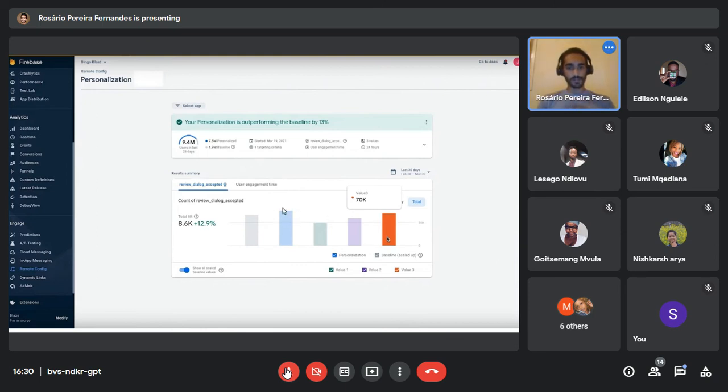But there's this blue bar, the second bar from the left to the right. It seems to me like it's performing better than the three values. So this means that personalization is actually working better than all of the three values.